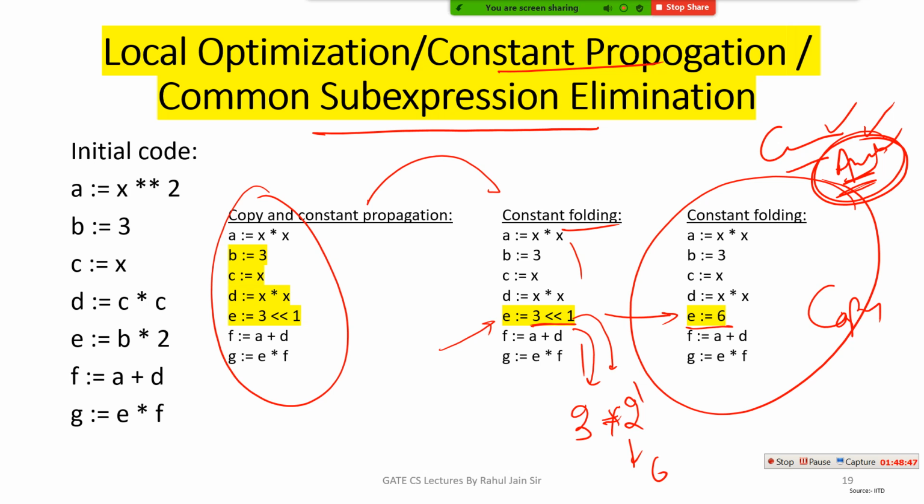It means you need to apply some analytical thinking over that. And these concepts, that is local optimization, constant propagation and common subexpression elimination, are part of code optimization, and in that you will get clear with all these kinds of doubts. It is the most expected question of GATE 2021, because it is a newly added topic under code optimization, and has all the concepts like analytical thinking, reasoning, aptitude as well. So just focus on it and solve most problems, like how to optimize code. Is it clear to everybody, guys? Yes, guys. So now we have